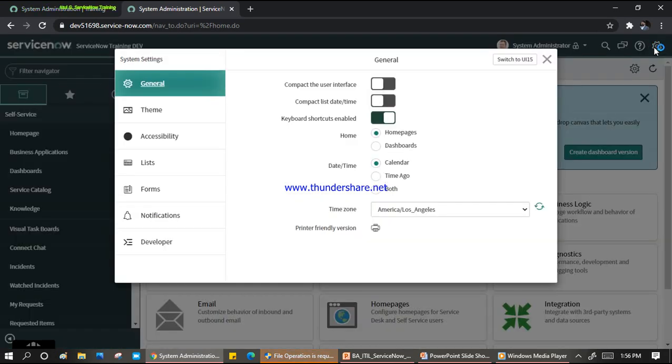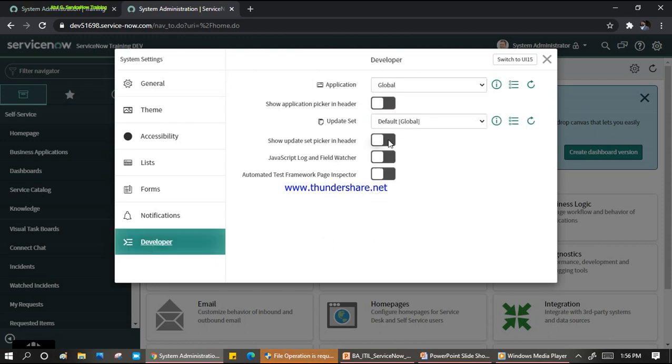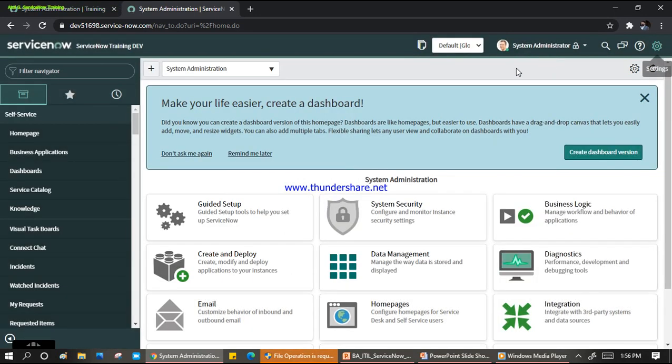Click on the settings button here, go to the developer part, tick the update set box on the header part, and pick up the header. Now you can see that by default ServiceNow gives us a default global update set. We always recommend not to use the default global update set; always create your own update set. So how can you create it? Go here, search for the update set,